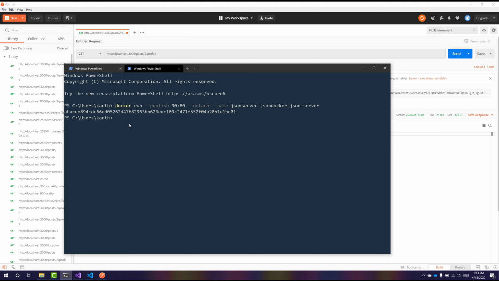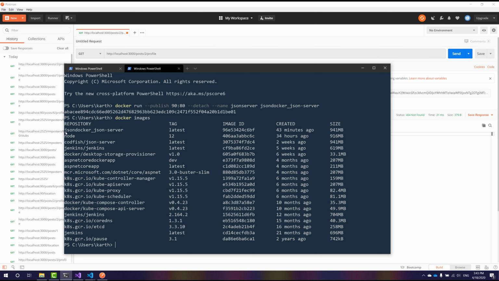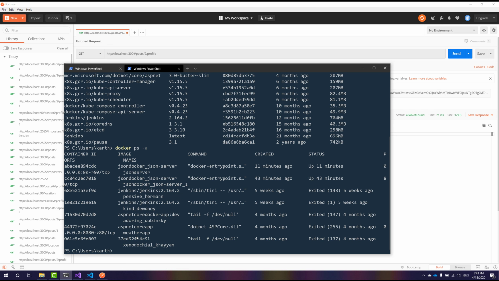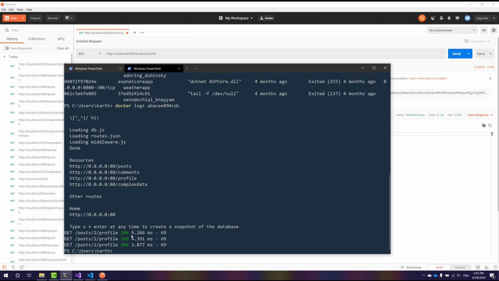If I show you this particular terminal, you'll really understand what I mean. There is a Docker image, which is created by me in my local machine, which is nothing but the JSON Docker server. And if I just show you this service, which actually runs this particular service, if I show you the logs of this service,